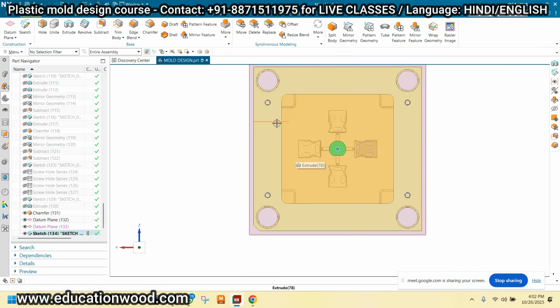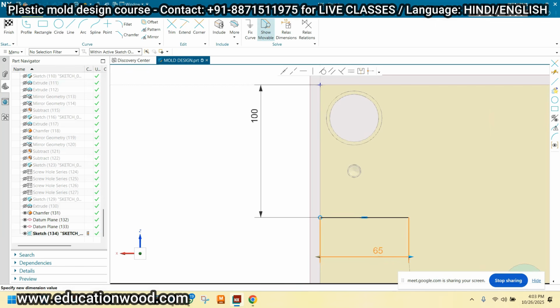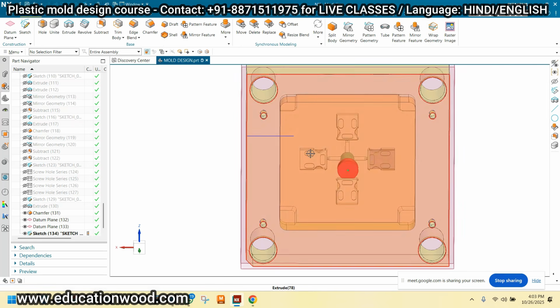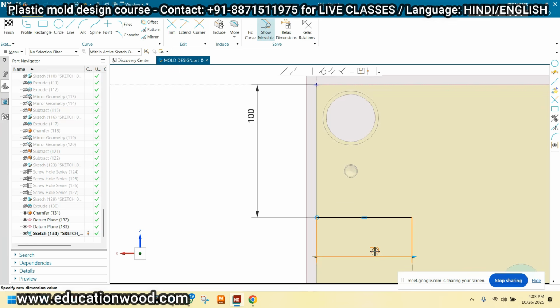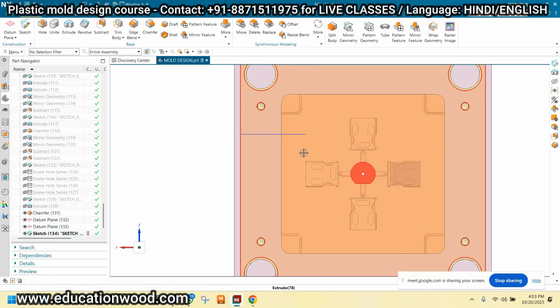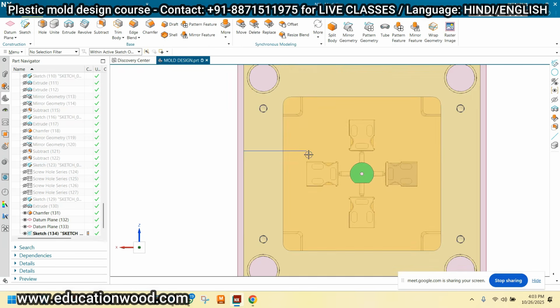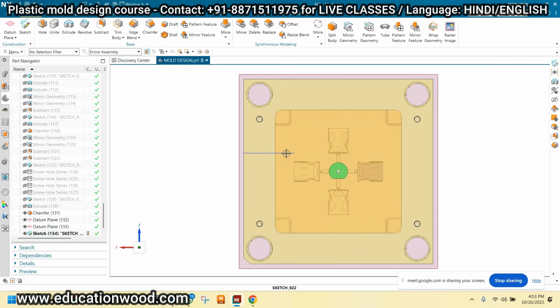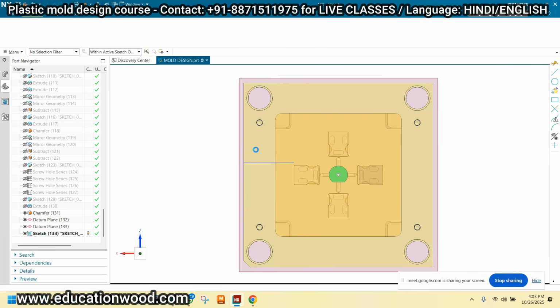Now see, this I have taken the stick, how much? 65, right? I'm taking the 70 mm dimension for this. See, again, not 70, and taking the dimension. Okay, and here the location should be here, right? Let me check again. 120, and again, and just click OK. Again, 130 I should take. Yeah.